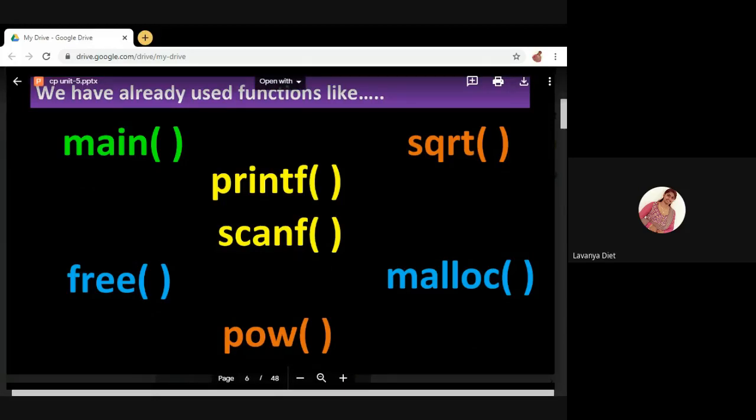Next, the printf function, which is used for printing purposes. It is a standard output function. You have used printf many times in your programs. And next, the scanf function, which is used for reading purposes. It is a standard input function.